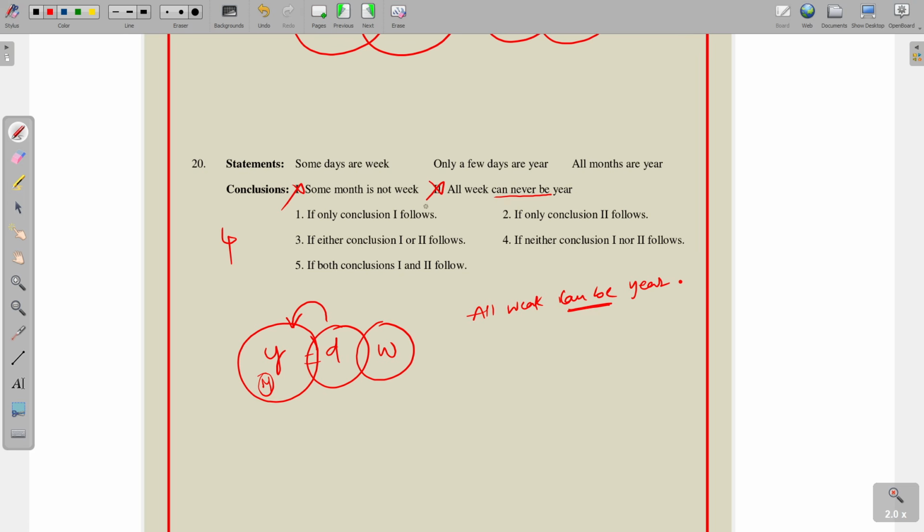So when such conclusions come, first of all, instead of week can never be year, check whether all week can be year or not. If can be follows, then can never be does not follow. Okay, suppose can be does not follow, if the possibility does not follow, then can never be follows. Next,